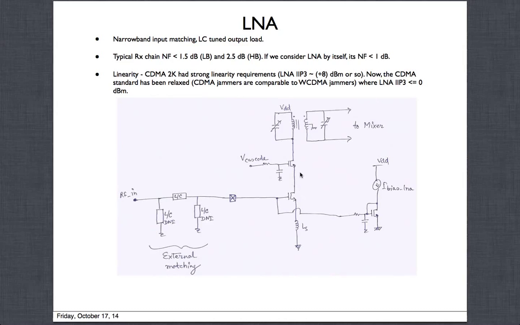This is only one LNA. In a particular frequency band, it will support GSM, CDMA, WCDMA, LTE, everything, right? So we have to design it to meet the toughest IP3 number, and that's what we do. They typically come to around 0 dBm or less. That is realistic and can be designed, and the circuits have become very simplified like this.